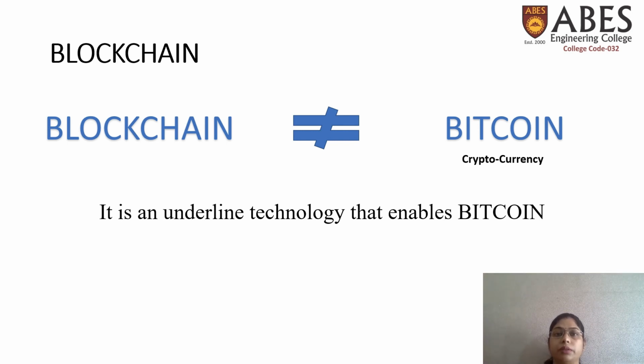There is a very popular myth that whenever we are talking about the blockchain, we are considering it as Bitcoin or a cryptocurrency. But let us make a clear point that blockchain is not equal to Bitcoin, or Bitcoin is not equal to blockchain. Basically, blockchain is an underlying technology that enables Bitcoin, the technology that works behind Bitcoin and processes all the transactions and records all the entries in a block that is known as a blockchain.